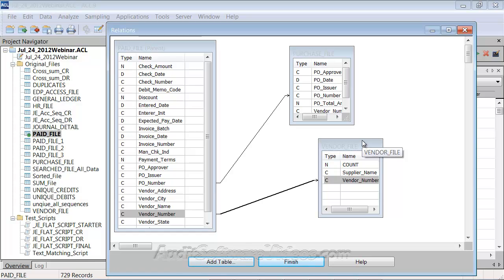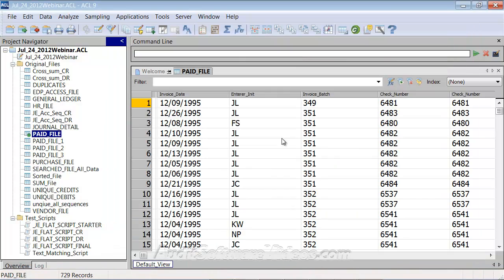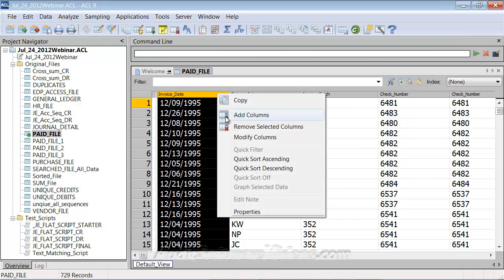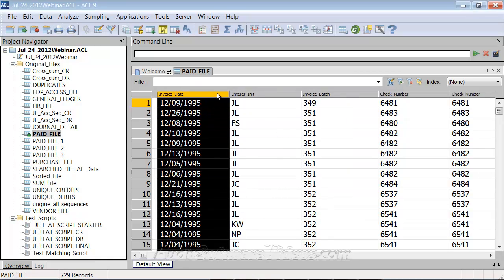I mean, I'm sure there is a need for this, but I generally don't need more than maybe 5 or 10 at the absolute most. But ACL is built for 18, and again we've joined on vendor number and PO number here. Now that I've done that, I can finish this, and any command that I have, if I want to add columns here,